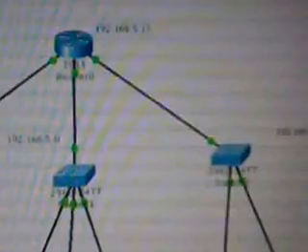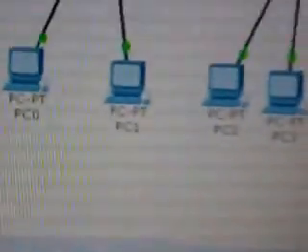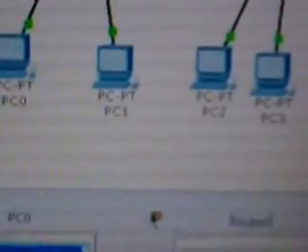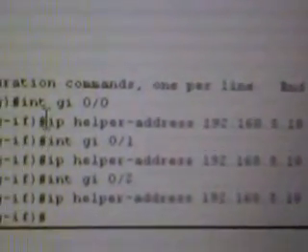So what we have to do is just close this. Now press the router. This is the thing.